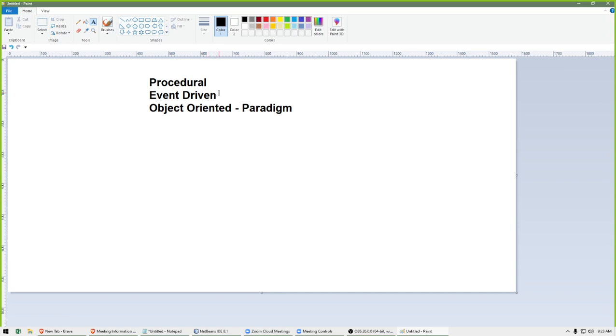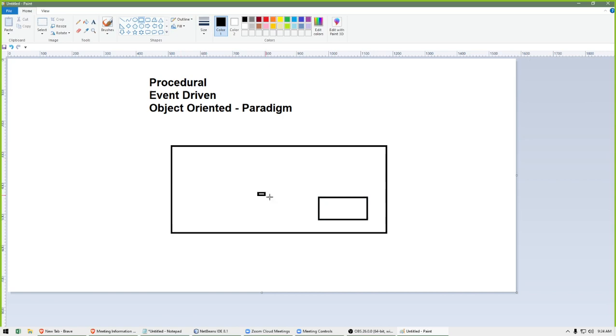For example, if you take a GUI screen, a lot of user actions take place. The user triggers a lot of actions, so you construct your program in such a way that it responds to these user events. For example, inside a GUI program, if you have buttons and text fields like this,